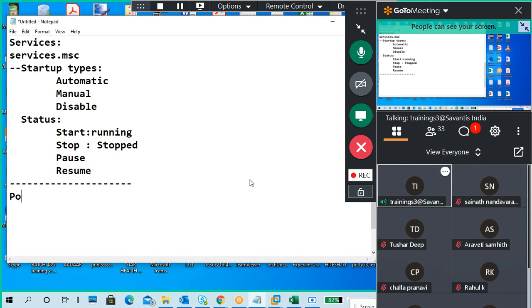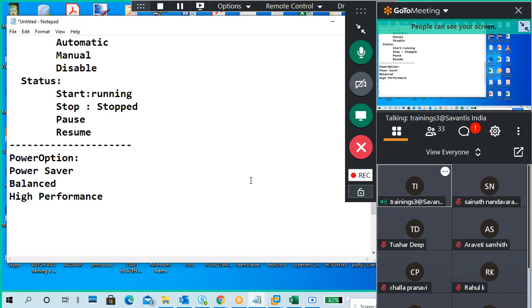It's in Power Options. Power saver, balanced, high performance, ultimate performance. Depends upon what you are using and whether power is charging. You have to select one.